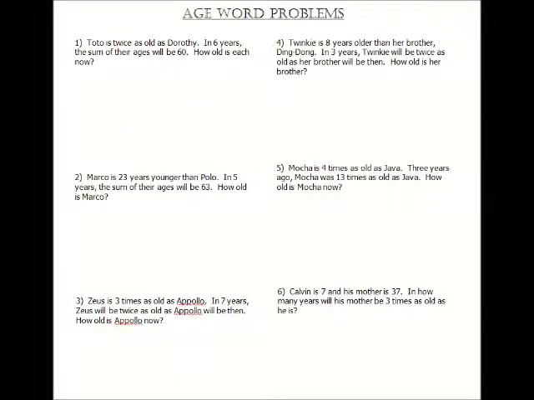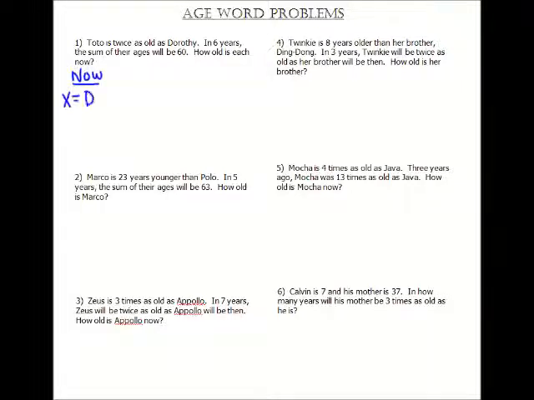All right, because we have to think about then and now and forward and backwards and upside down and inside out. All right, Toto is twice as old as Dorothy. In 6 years, the sum of their ages will be 60. How old is each now? So you have to set up a now and a then, or a now and a fast forward. All right, so now, right now,